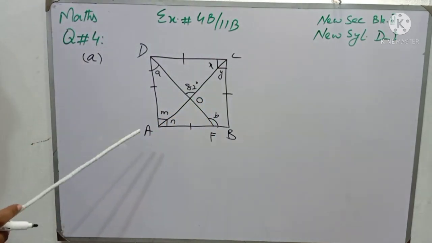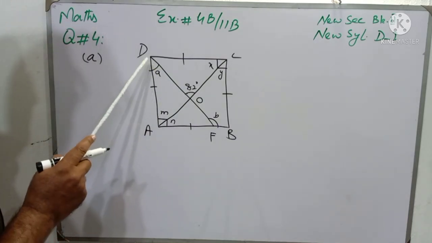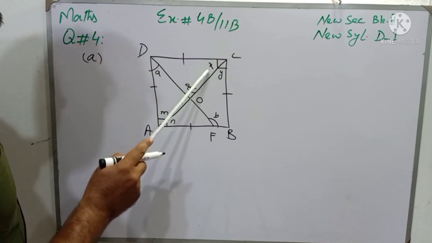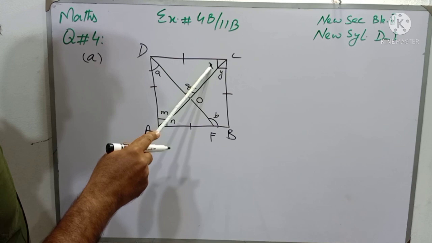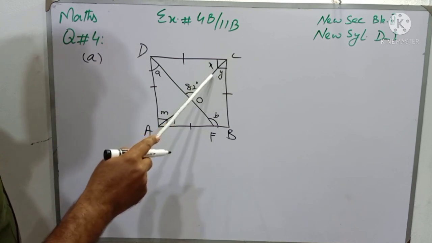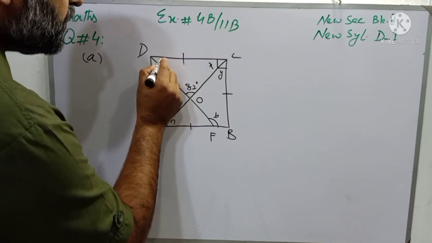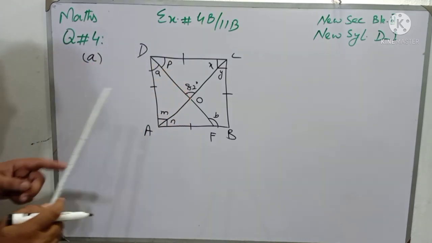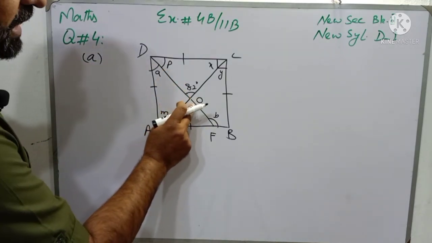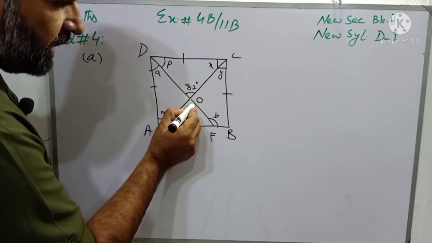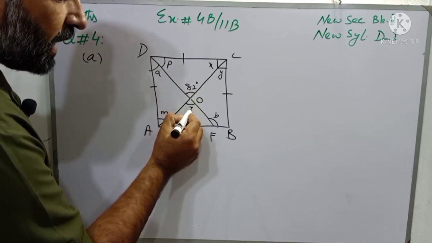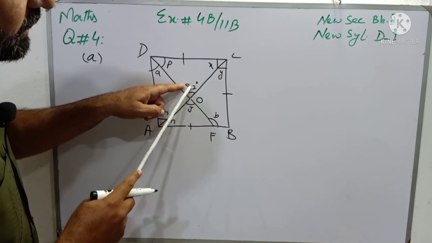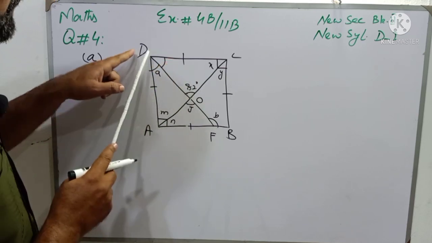So students, we will discuss triangle DOC, in which angle X is 45 degrees because AC is a diagonal, and we will find the value of this angle P. Or you can say that if we name this angle as angle J, it is totally up to us. Angle J and 82 degrees both are vertically opposite angles. Forget about this angle P, and we will not discuss triangle